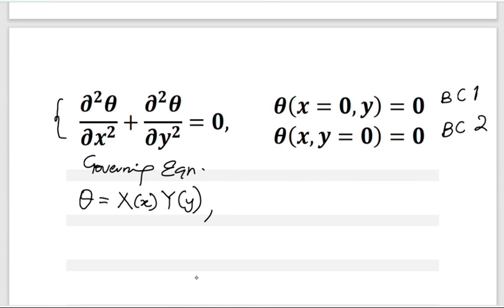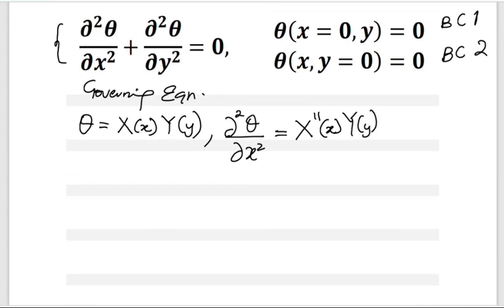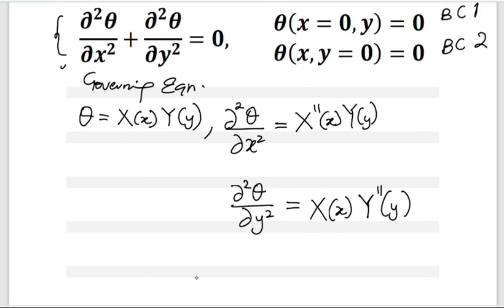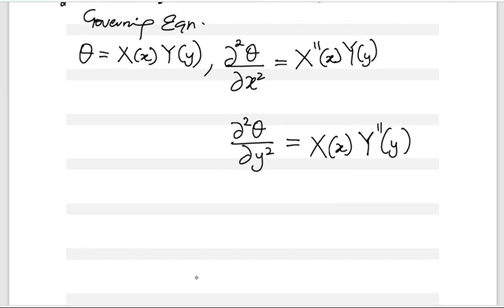And if we do so, we'll realize that the second derivative of theta with respect to x squared is simply going to be x double prime y, and the second derivative of theta with respect to y squared is x of x, then y double prime. And if we put this back to rewrite the governing equation, we're going to have that x double prime